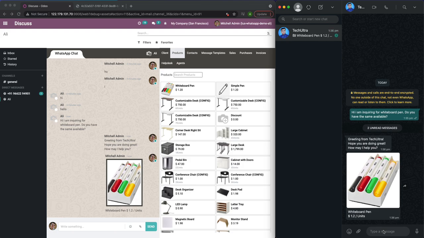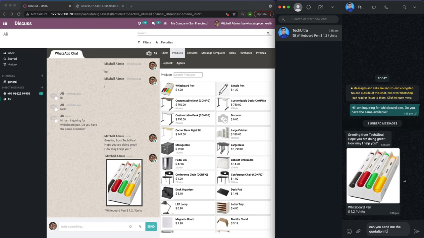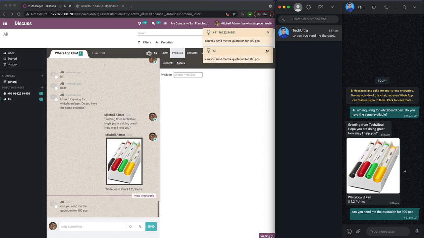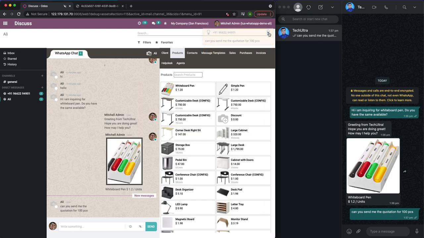So for example, now the customer wants a quotation. In this case, there are two ways to send the quotation. One is from the same page over here.